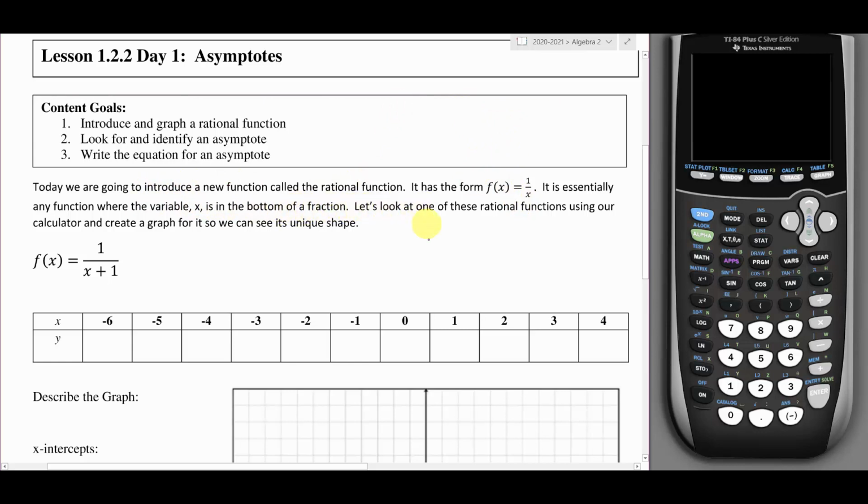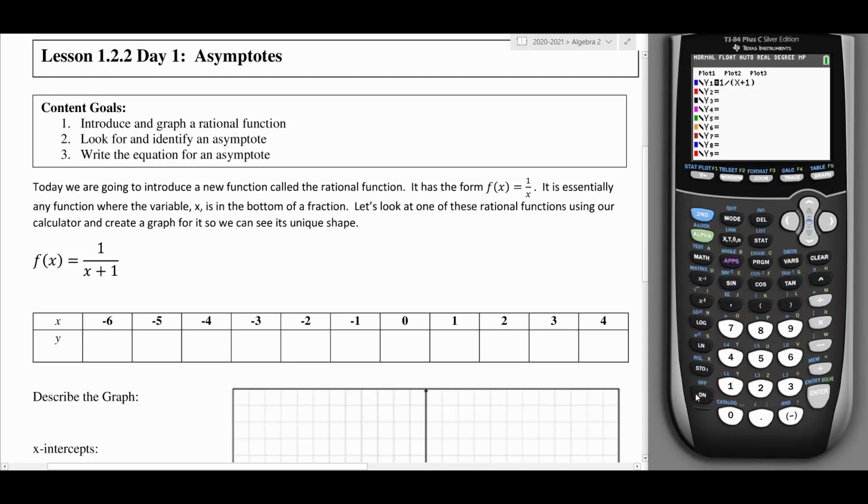Let's look at one of these rational functions using our calculator, and we're going to create a graph for it so we can see its unique shape. The function that we're going to be investigating today is f of x equals 1 over x plus 1. Remember I said a rational function has the x, or the variable, in the bottom of a fraction. So this one is a rational function, even though it's not just an x, it's an x plus 1. There's many different variations of rational functions. I'm going to go to my calculator